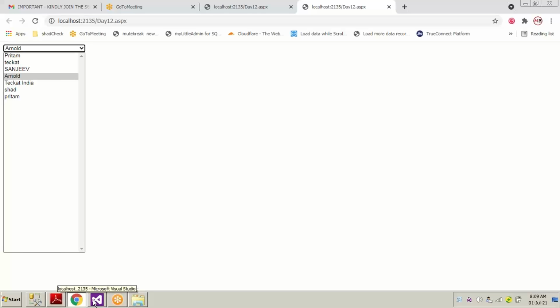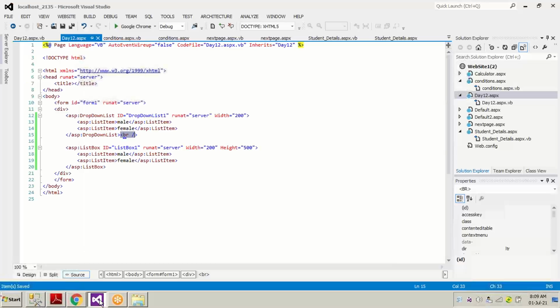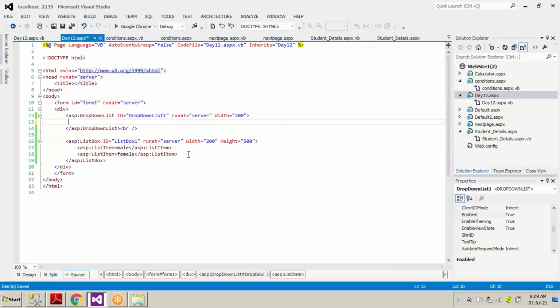But the story doesn't end here. We are going to experiment with something more. Let's remove male and female, the static records, from here.